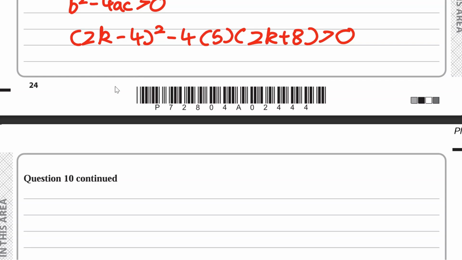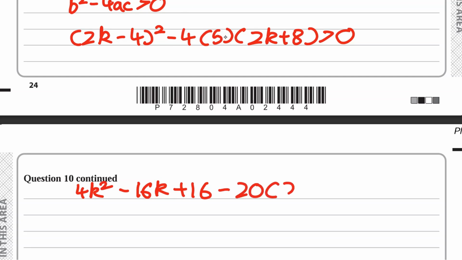So here we have 2k minus 4 to the power of 2, so it's going to be 2k times 2k, which is going to be equal to 4k squared. We've got minus 4 times 2k, which is going to be equal to minus 8k. Remember, there's going to be two of them, so it's going to be minus 16k, and then we're going to have minus 4 times minus 4, which is going to be plus 16, and then we have this minus 4 times 5, which is going to be minus 20, and this is going to times the 2k plus 8,